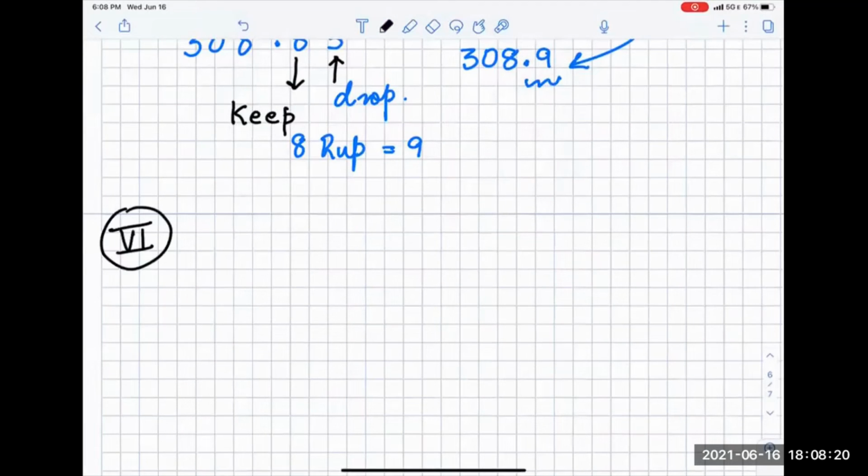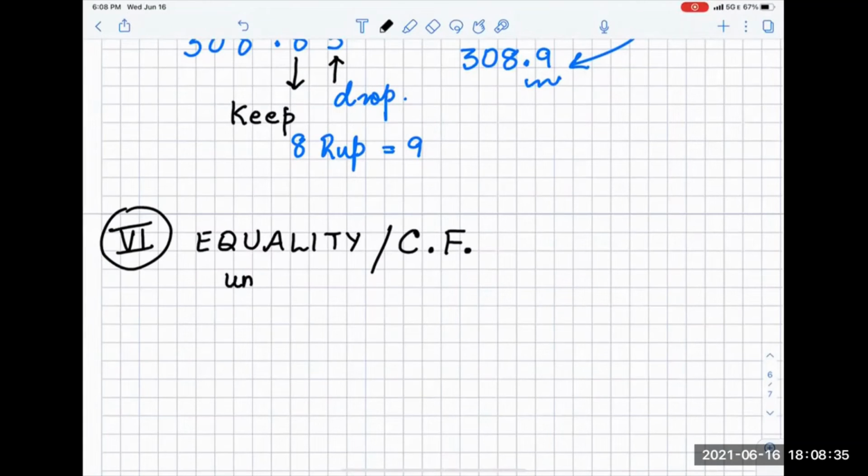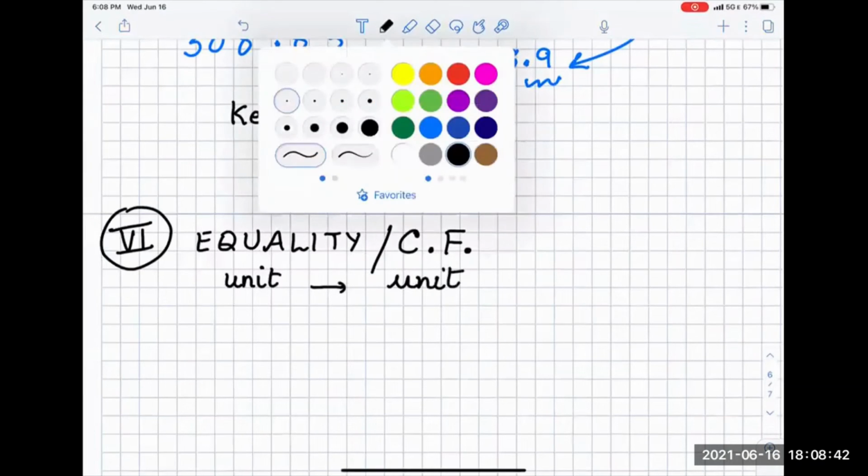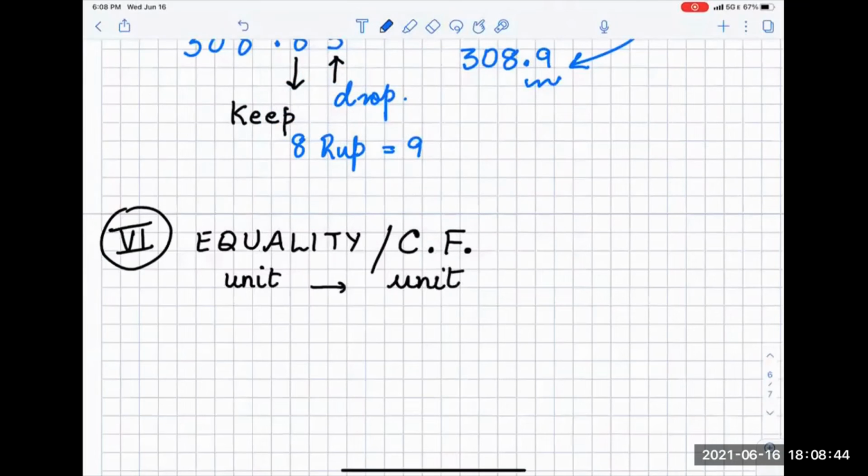Now we have to look at the equalities and how to use them in conversion factors and dimensional analysis. Dimensional analysis is a technique where you take one unit and convert it into another unit. So in this case, let's do some conversions. Let's look at some equalities here. For example, you have